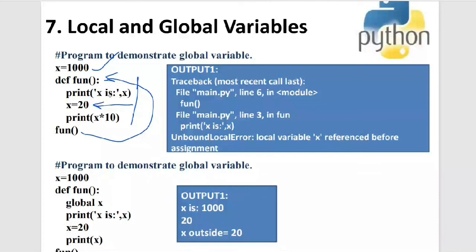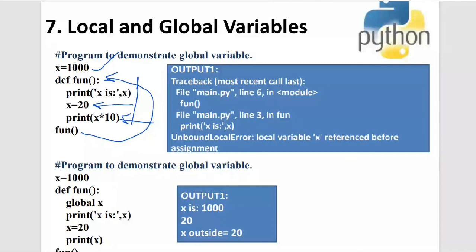What you might be thinking, just look into the output. Okay, so in the output, it is saying that local variable x referenced before assignment. So I'm getting an unbound local error. This is a very important error you need to keep in mind, and a very important program I'm showing you, because this will actually make you think of the architecture, how it is working. There is an in-depth concept behind this.